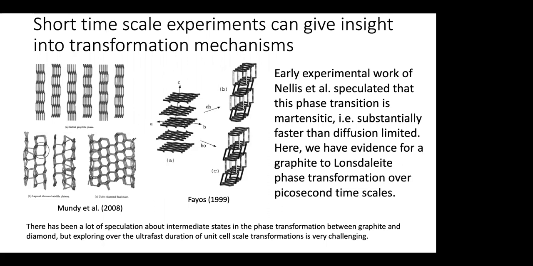One of the nice things about using shocks to explore that is some of these mechanisms, like shear and thermal diffusion, happen on long enough time scales that you can imagine they might be limited by the time scale of the compression. So if we compress very, very rapidly, it may be that macroscopic scale shear doesn't have time to occur. That is speculated, or at least something like that. I can't say for sure, but something like that is speculated to be the reason why in impact events, this has been known since the 60s, in impact events,